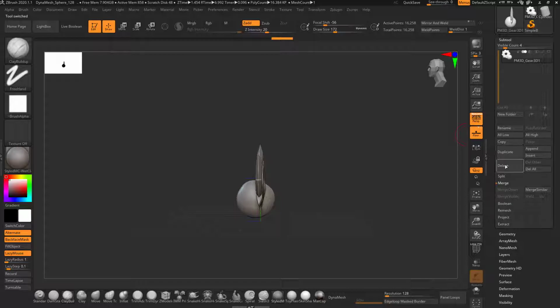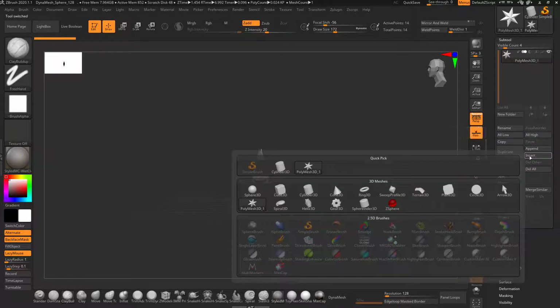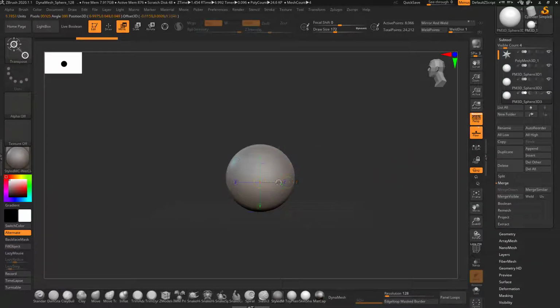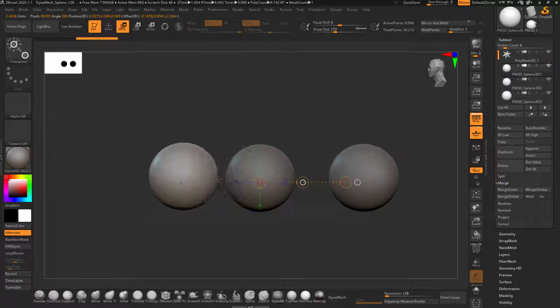and this also I will delete, and I will insert a sphere. I'll also insert a sphere, insert a sphere. So I have just added three spheres here.